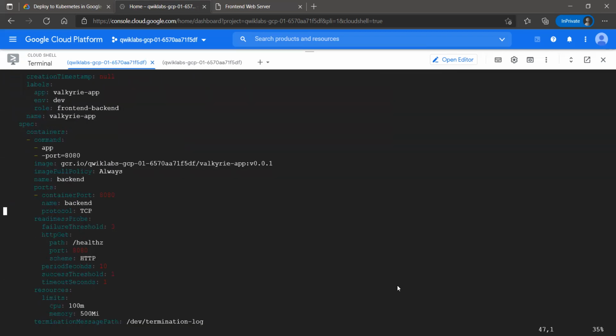Yeah. See, we need to change this image version to 0.0.2. Simply we need to change the tag.